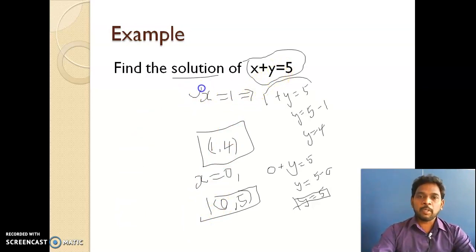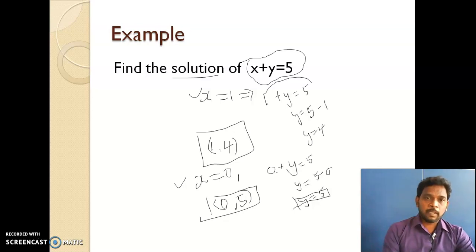So here I substituted the x value and I found the y value. You can substitute the y value first also, no problem. Okay, if you substitute a y value of 1, you will get the x value. So like that you can substitute. Here I took x equal to 1 and x equal to 0. You may take x equal to 5 also, you can take x equal to 10 also. Whatever it is, you will get another y value, right? So let us continue the slide in the next video.